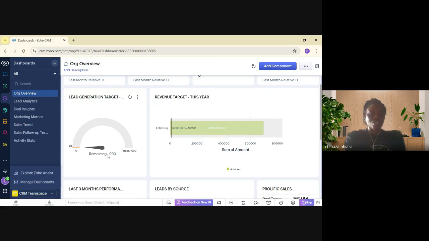This is your lead generation target. The target is 1,000, you're still at 10 leads. So if you add another lead, it will keep increasing. The more leads you add, the more it increases. The target for the revenue this year is 800,000. We are on here. So you see,